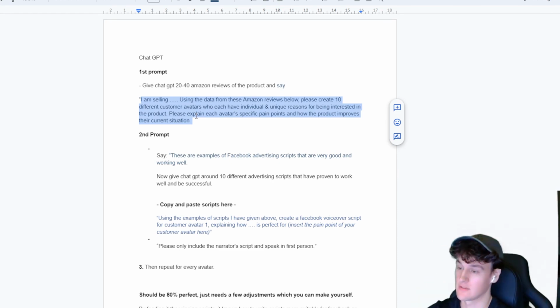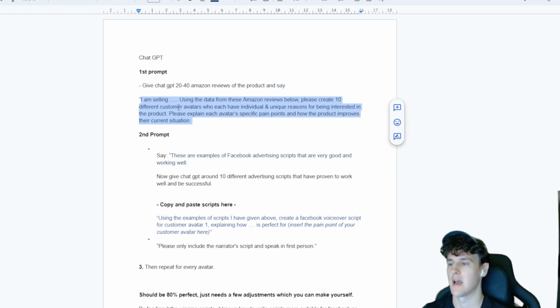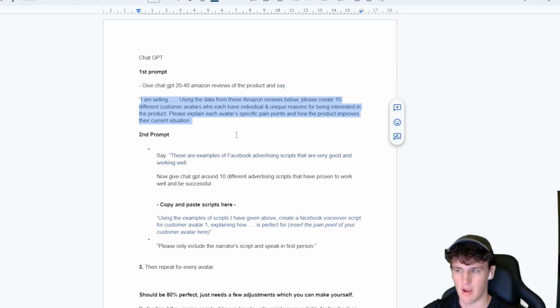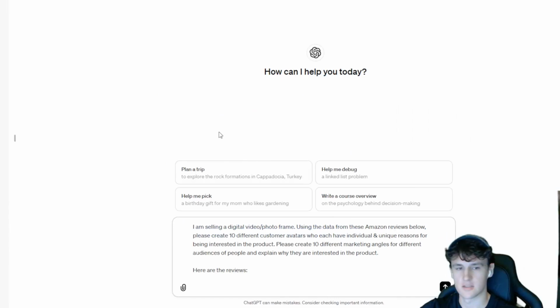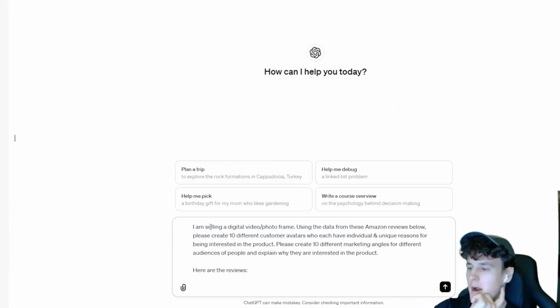So this is the kind of template that we've tested around, loads of different templates, and this kind of structure usually gets us the best results. Sometimes you can play around with it a little bit, but this general structure works pretty well. So I put it into ChatGPT here saying I'm selling this product using the data from these Amazon reviews